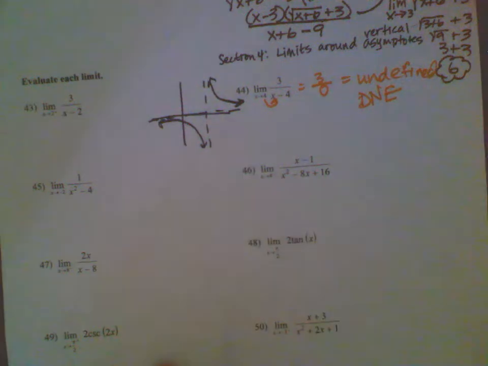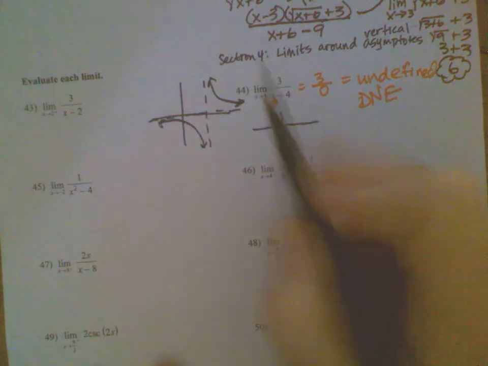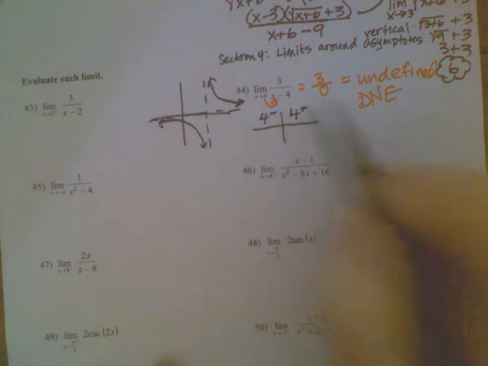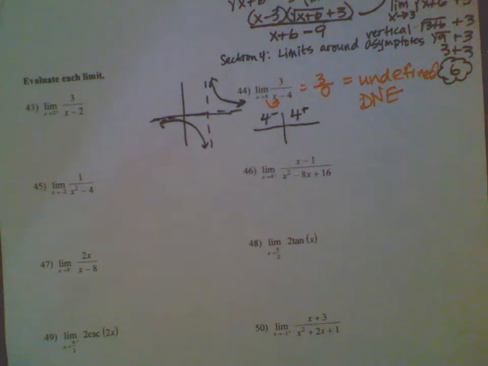But we have another way to look, and it involves making a small table. And we've used tables before. What I want to do is check on the left of 4, and check on the right of 4. Just this tiny little table to the left of 4 and to the right of 4. And I'm going to get very, very close to 4, and just approximate what's happening. Because all I need to know is: is this a negative value as I get really close to 4 on the left, or is it a positive value, and likewise on the right. So I envision here, I am taking something super close to 4, but just to the left of 4,